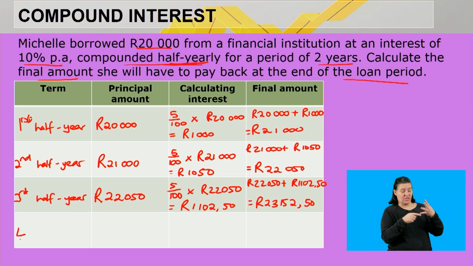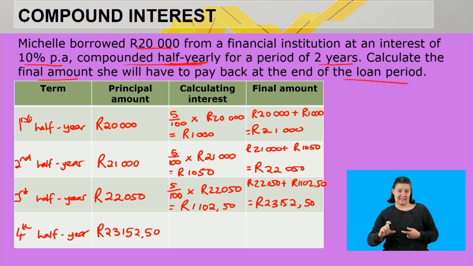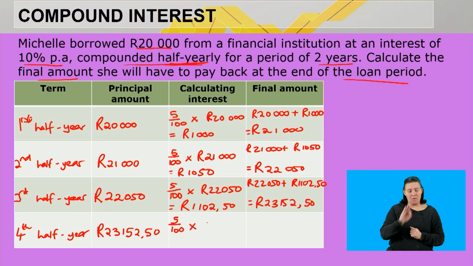I'm moving on to the fourth half a year. So this will complete now my 2 years, right? We agree on that, right? 4 half a years will give you 2 years. So what is the new principal amount now? That will give us 23,152 rand and 50 cents. Again, for the last part, I'll take 5% of this time around 23,152 rand and 50 cents. So it's multiplied by 5 divided by 100. So the interest in the final part of this loan is 1,157 rand